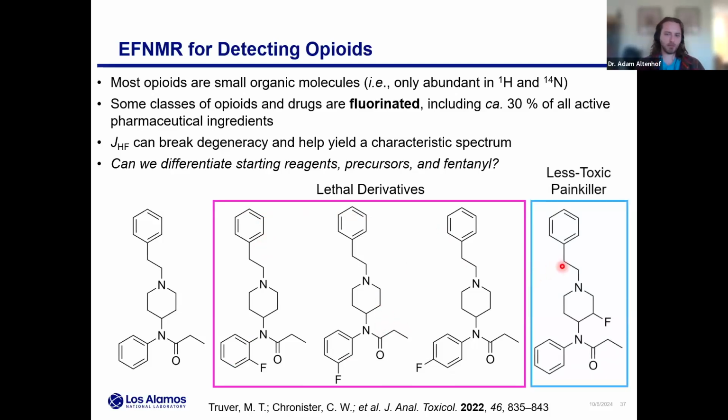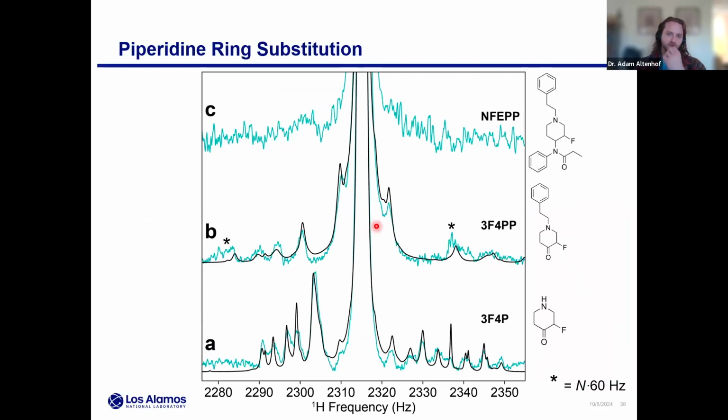There's even this other compound that's been suggested as a sort of less toxic painkiller, where the fluorine's at the piperidine ring. But nonetheless, these should be suitable compounds to try the Earth's field NMR. So first, looking at this case where the fluorine is on the piperidine ring,